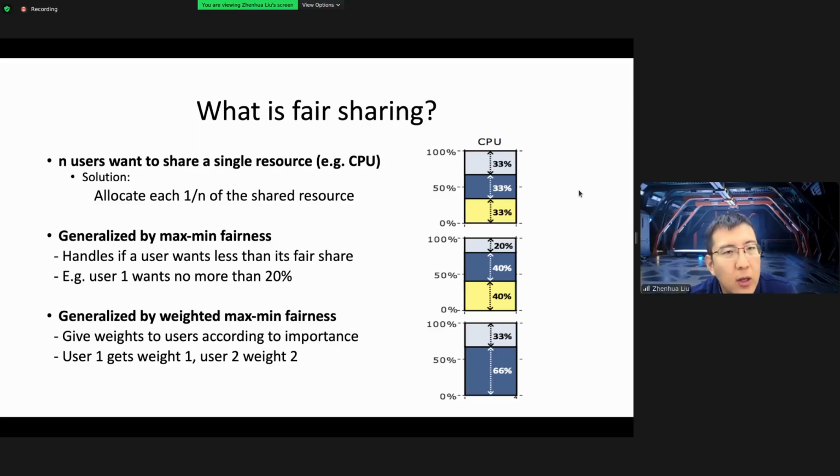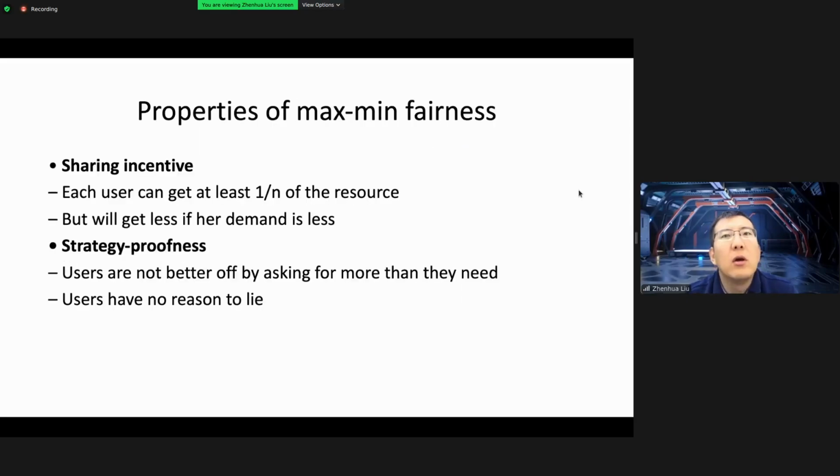allocation, right? So as we move to multiple resources, like both CPU and memory can be the system bottleneck for the jobs, right? Some jobs are CPU bound, some jobs are memory bound, right? So this makes it more important, right? So the max-min fairness for single resource, right? The first is the sharing incentive. Basically it means that the users won't be worse off if they share the resource, versus they just get 1/n of the resource and use it exclusively.